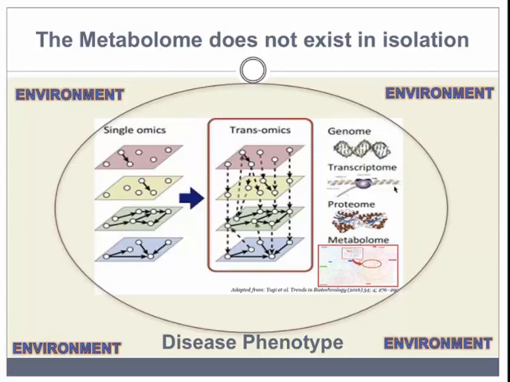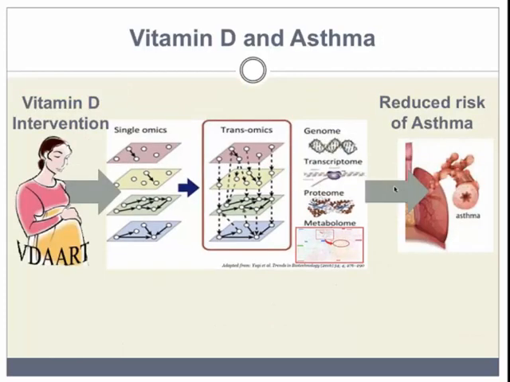As we think about how diseases develop, there's so much that we need to consider, and it really can be overwhelming. But in the study I'm going to be talking about, one of the goals was to consider not just a metabolite or the metabolome, but the metabolome in the context of multi-omics and the environment, and how all of those things can cause a disease.